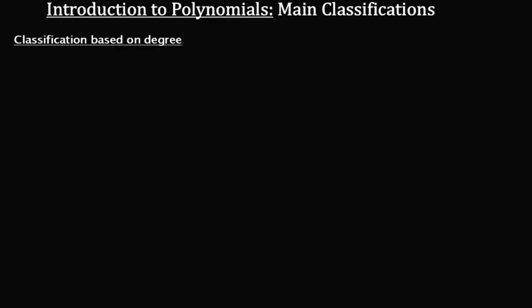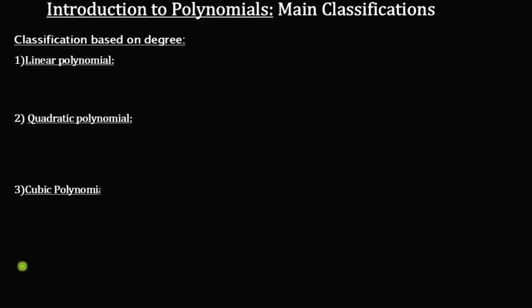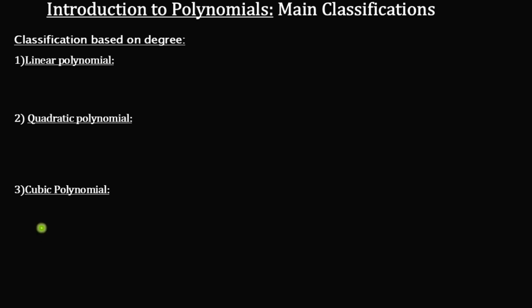Introduction to polynomial, main classification. So we are going to see what are the main classifications of the polynomial. At first, the classification is based on degree. Based on degree, polynomials are classified as linear polynomial, quadratic polynomial, and cubic polynomial. That is, a polynomial of degree 1 is called linear polynomial, degree 2 is called quadratic polynomial, degree 3 is